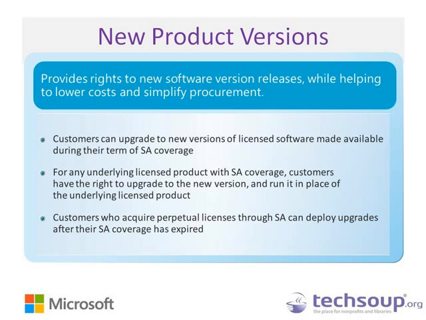And just to be clear, hi, this is Cameron Jones with TechSoup. Previous older versions of software, those are not a feature of software assurance. Those are a feature of volume licensing. So even if your software assurance benefits have expired, you can still always access the previous versions of the software. Yeah. Terrific. We love getting free stuff.